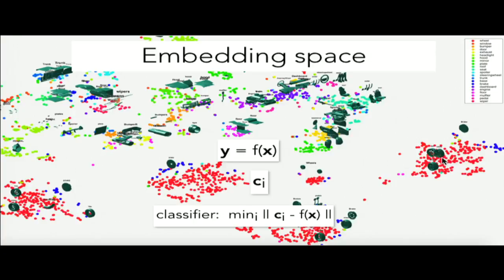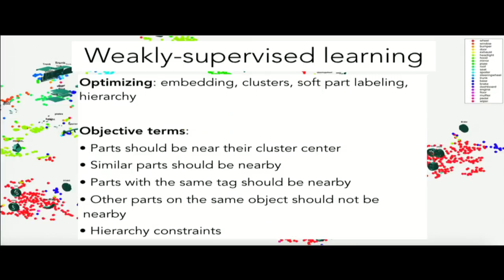So for example, if there's a cluster center over here, it would be tagged with whatever all of the parts are, some kind of rim or wheel or whatever. And then if you give it a new part that maps near this cluster, you would call it that same part. So I'm almost out of time, so I'm not going to explain the whole optimization or formulation, but